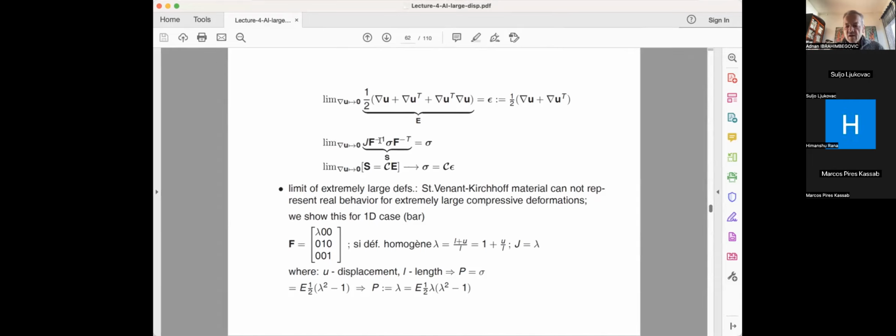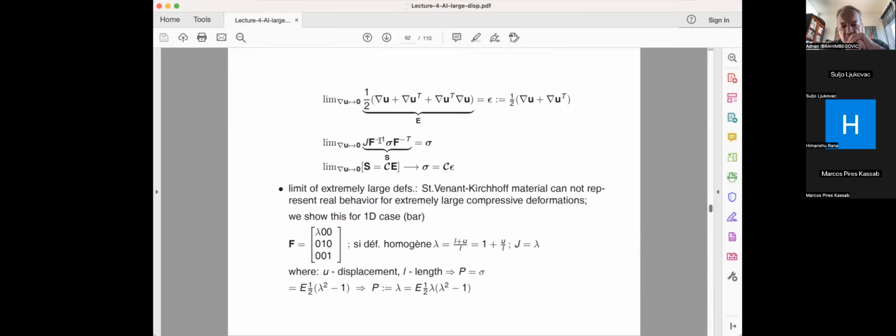And then your linear constitutive equation for the large deformation St. Venant-Kirchhoff material reduces to the usual Hooke's law for small displacement gradient theory, like sigma equal to C times epsilon. So this is just fine. However, if I have another extreme,